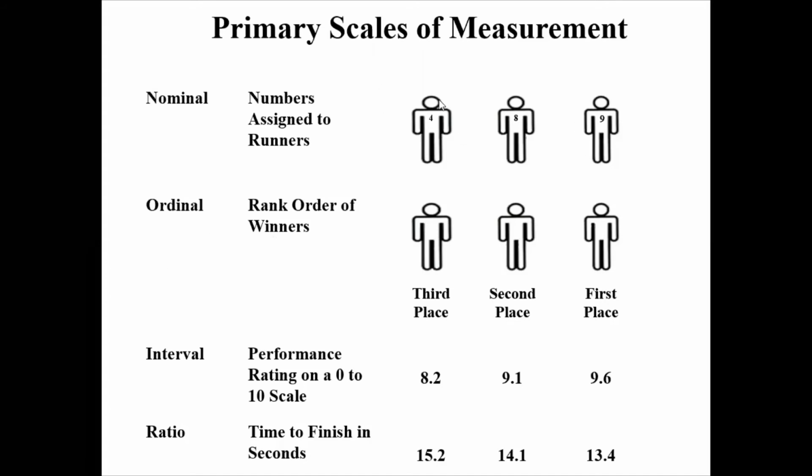Here we cannot say that the number assigned to player 9 is greater than the number assigned to 4, and there is no value. We cannot use an arithmetic origin. Like we cannot say that 4 minus 2 is equal to 4, or that the difference between the first player and second player is 4. We cannot say that because those numbers are assigned for category, or that the difference between the second player and third player is 1. So we cannot say like that.